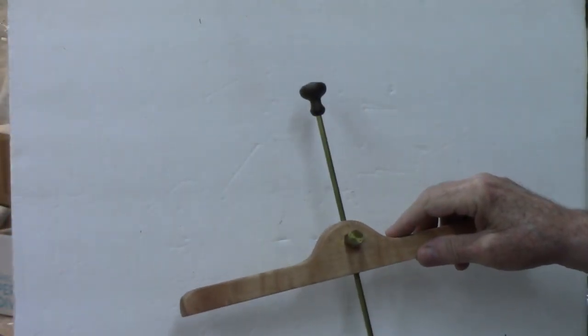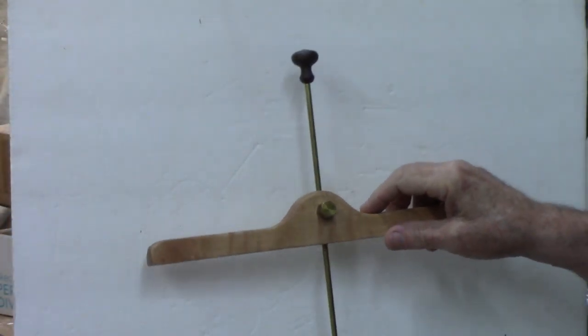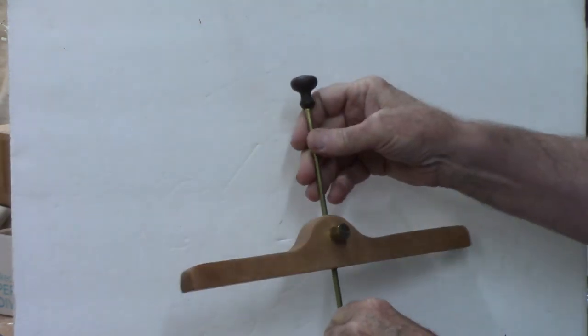Is this a knob or a peg? Well, this is my bowl depth gauge, but the tip I put on here, maybe I'd call that